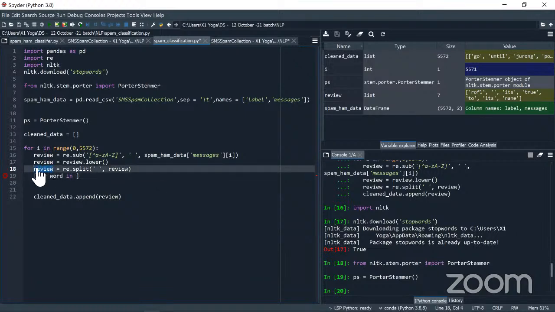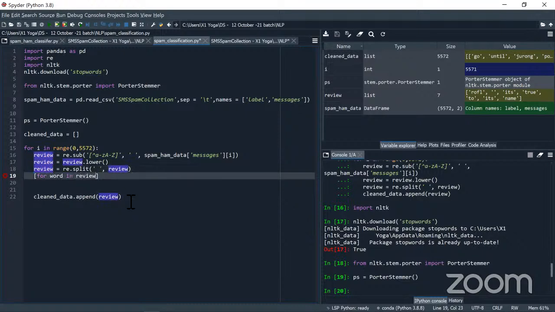Every individual word I'm going to take, copy. So for word in review, if that particular word is not in, we imported already stop words. Stop words dot, I think stop words of English, because stop words we know. If that word is not in stop words of English, I just do ps dot, where exactly we have stored it here. PS dot, we apply